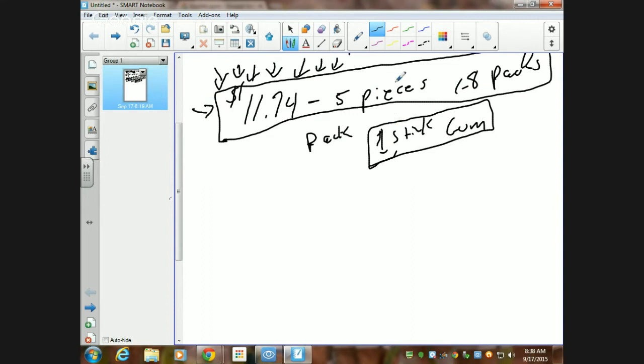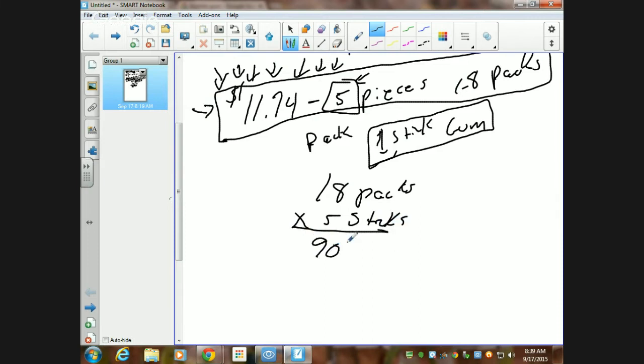Yeah, how many pieces of gum did we have? Well, in each pack, 5 pieces of gum come in it. How many packs did we buy? 18. So we do 18 packs times 5 sticks, and you get 90 total. Correct? Now, for unit cost,